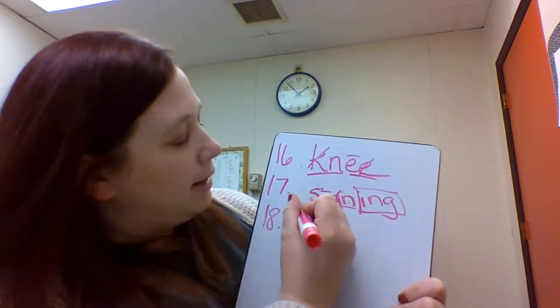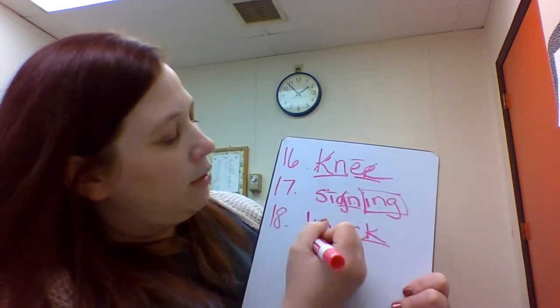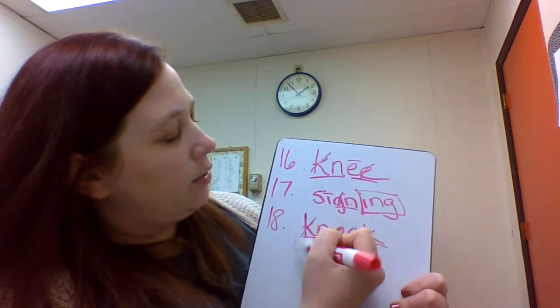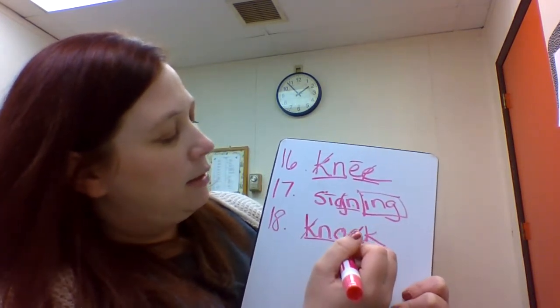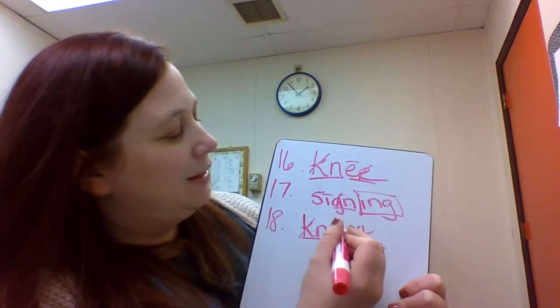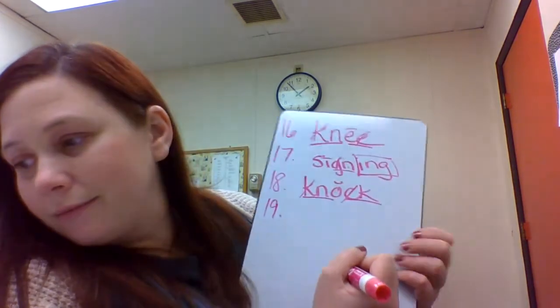Number 18, knock. We have our CK digraph, our KN digraph. We're going to cross off our K here at the beginning and our C here at the end. Very confusing, isn't it? And then our U gets a brev. Number 19,